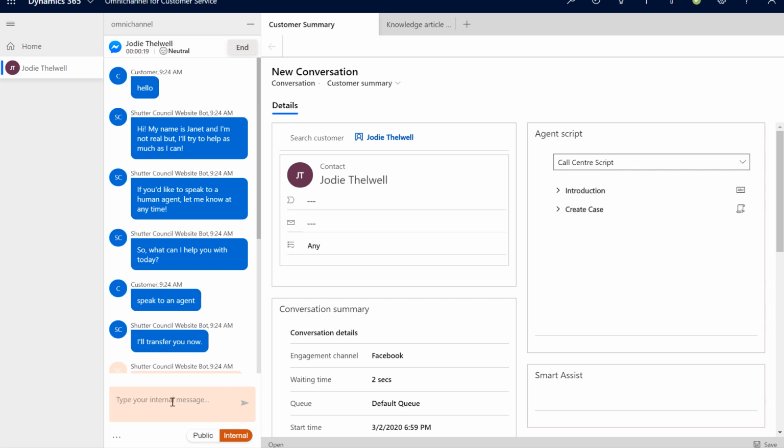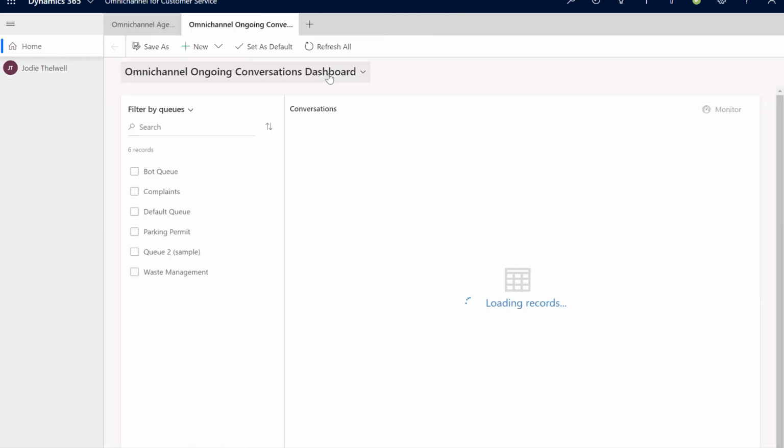This will be very invaluable. If they did want to join the conversation, all they need to do is click on the public button. And when they click on the public button, any messages that they type will be visible to both the agent and the customer. And this will also be available in the transcript that's downloaded.